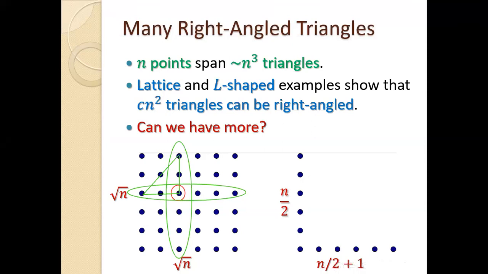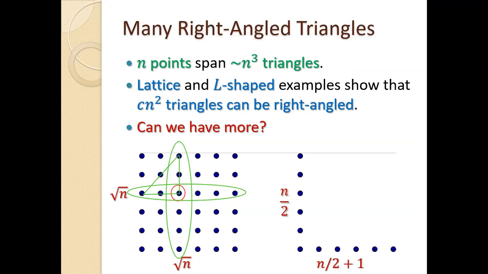And now it becomes harder because maybe there's a nicer way. Maybe we can think harder and find a way to get even more right angle triangles in some other configuration, some other set of points. Or maybe not. How do we know? So let's try to get an upper bound. Let's try to say that for any set of n points, you can never have more than some number of triangles.